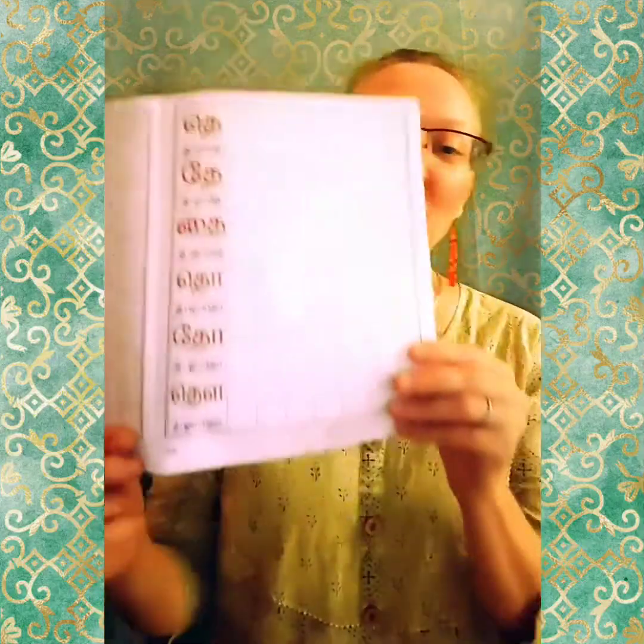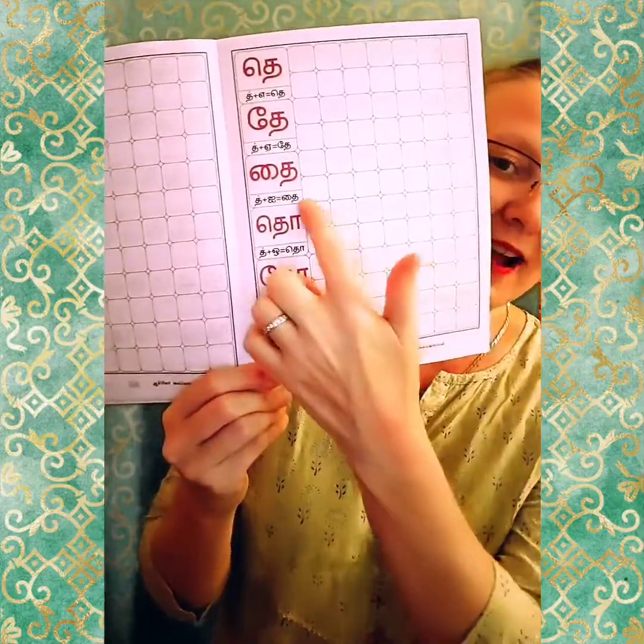And today I'm going to continue about how to teach your children Tamil and Hindi, if you're homeschooling or if you want to give them some extra boost while they are at school. So let's face it, not all schools are the same and not all teachers are attentive, but you can fix that. For example, with good materials like this book,